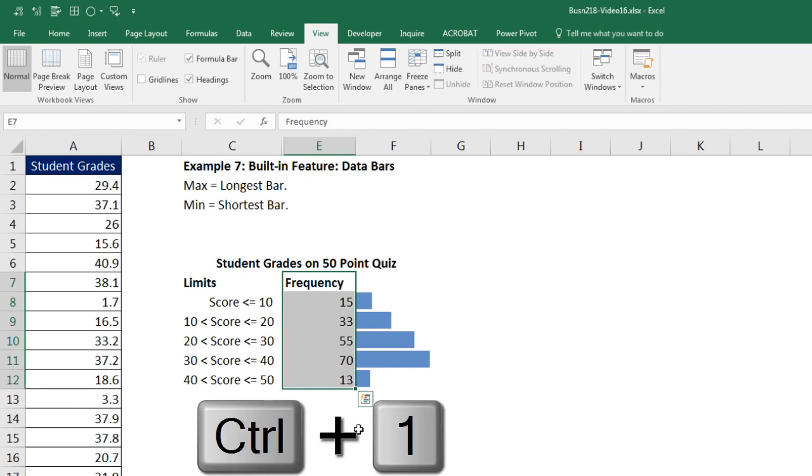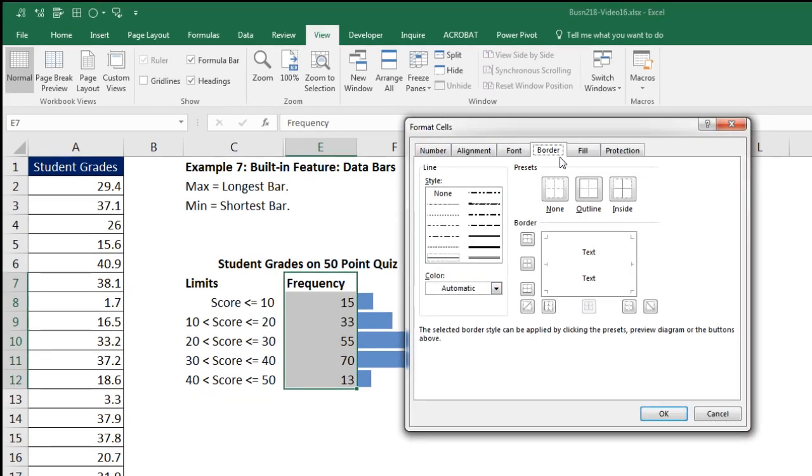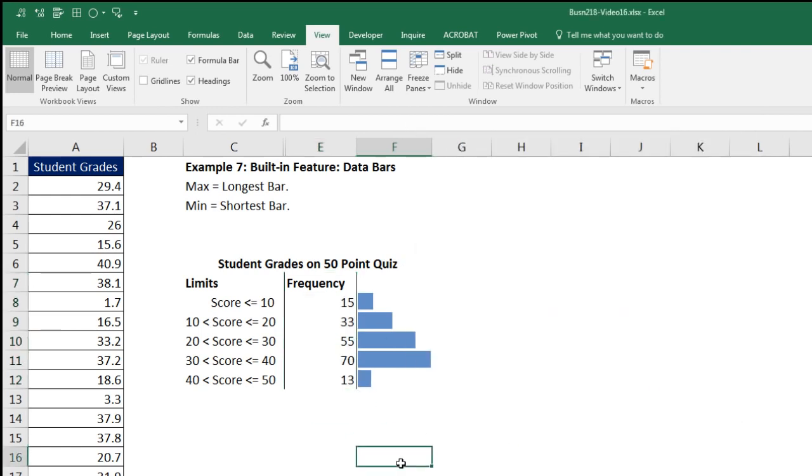Let's highlight, Control-1 to open up Format Cells. And we want the Border tab. We select our line, then our color. The defaults will work for us. I'm going to select on the left and right. That means it'll put a line just on the left and the right. So I'm going to click, click. If you don't like to click, you can use these little icons down here. When I click OK, click off to the side, there's the two lines separating upper and lower limit, frequency, and